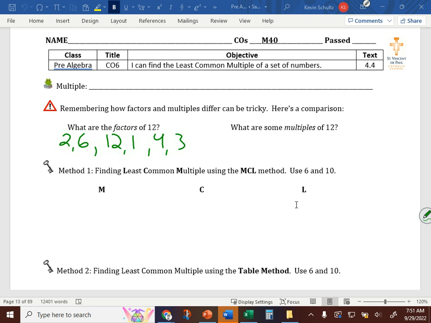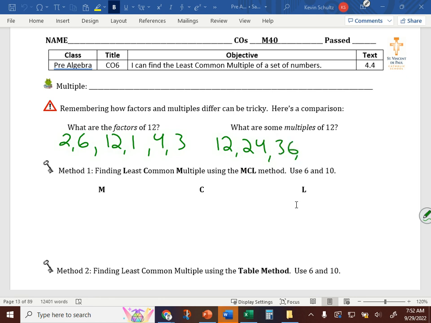Multiples. 1 is not a multiple of 12. 1 would be a factor of 12. 1 goes into 12, right? 24 is a multiple of 12. Is that the first multiple of 12? No, what's the first multiple of 12? 12 is, right? And then 24, and then